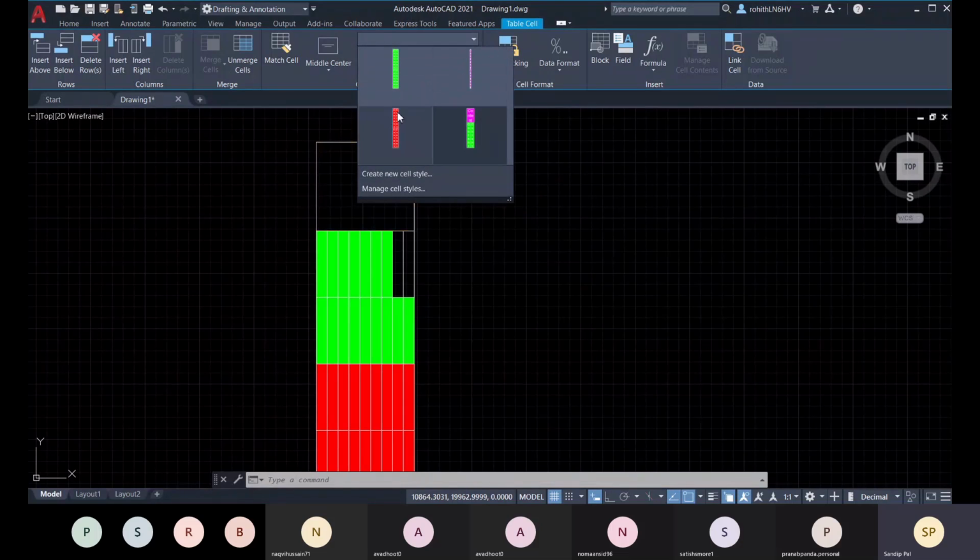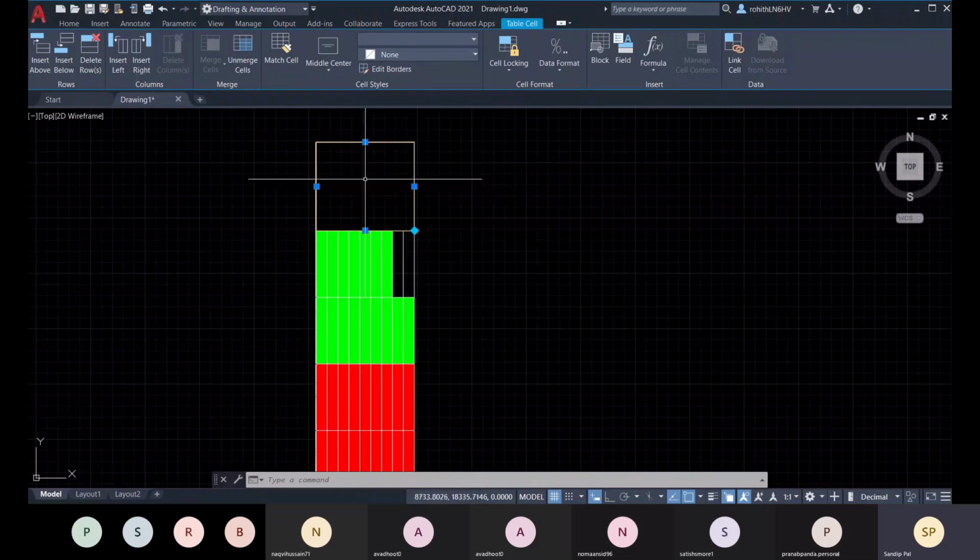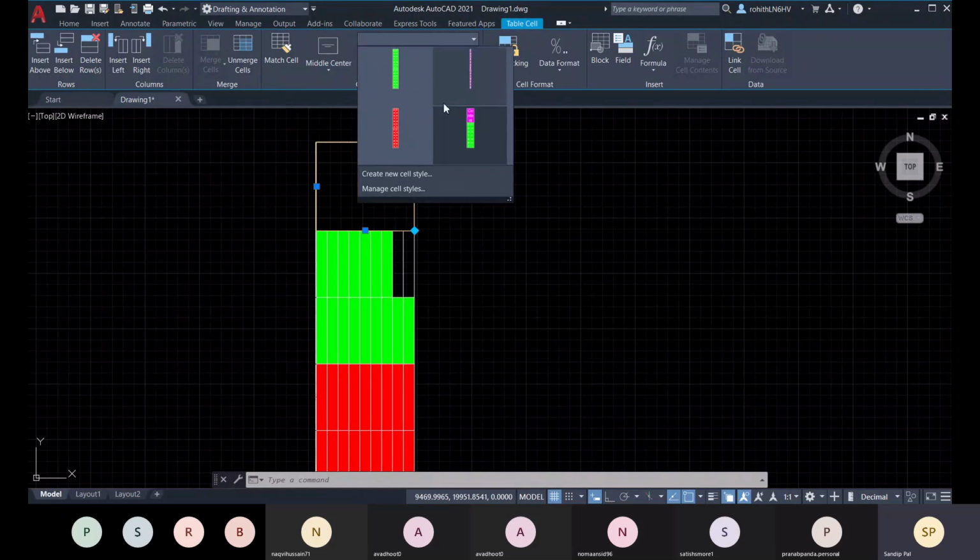This is the style you already have, so you can choose it like the other cell styles. This is for your header cells. This is the header cell, or sorry, this is the title cell. You remember that we have colors for each cell, so you can change them as per any other cell.